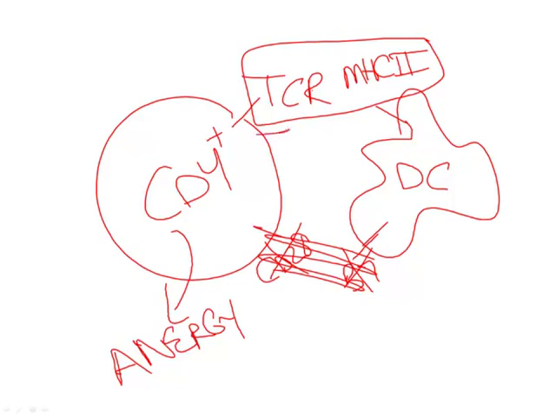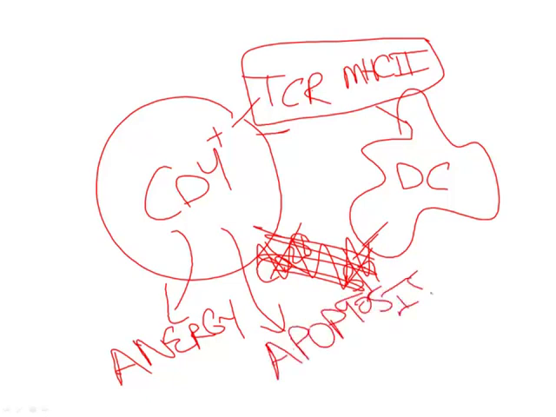Now another possibility is that this CD4 positive T cell regularly and consistently keeps binding antigen. It repeatedly binds antigen without this co-stimulatory second signal. In that particular case, the other possibility would be that this CD4 positive T cell will undergo apoptosis. And the apoptosis occurs in a very interesting way. The CD4 positive T cell has a receptor present on the cell which is called CD95. It's also known as FAS, and this is a death receptor.